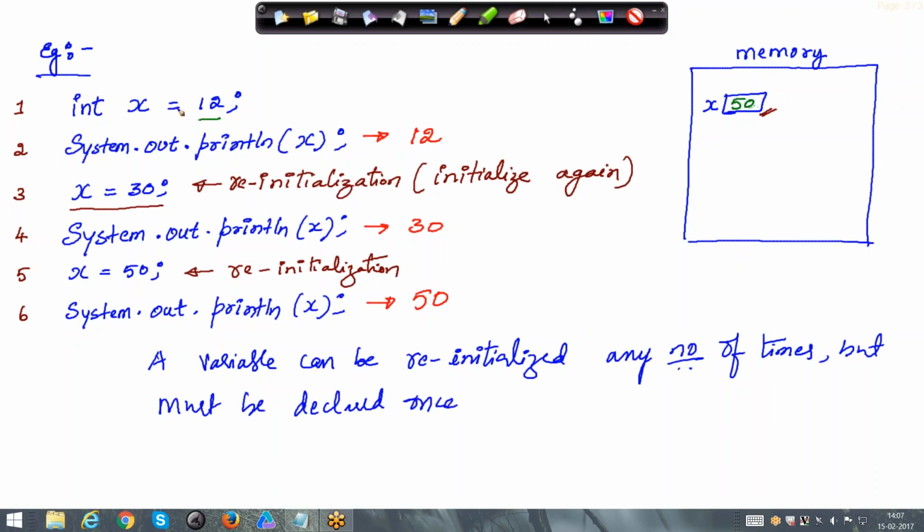Observe, guys, I have done the declaration only once. This is my declaration. So declaration I have done only once, but initialization I have done 3 times. The first time is happening here, the second time is happening in line number 3, and the third time is happening in line number 5, or statement 5. A variable can be initialized any number of times, but the declaration of a variable should be only one time in your